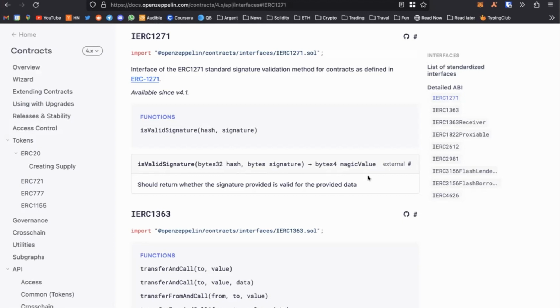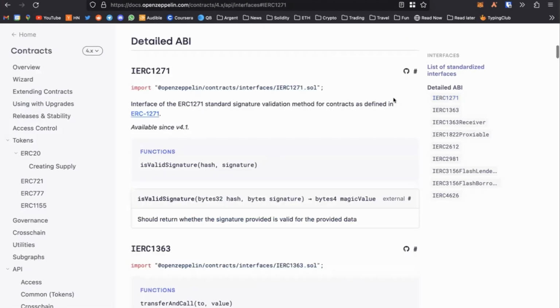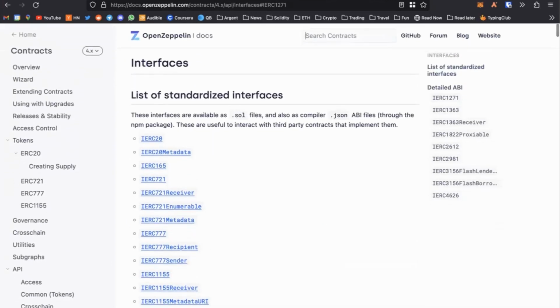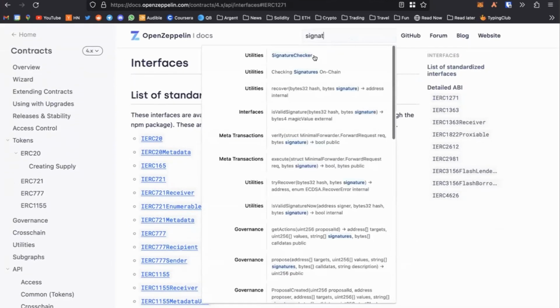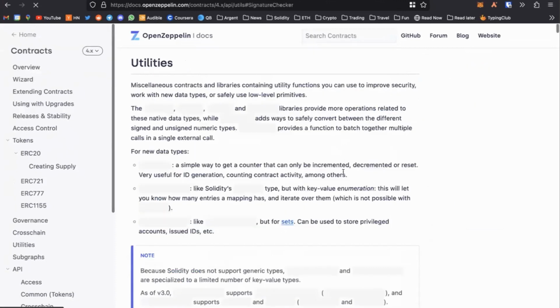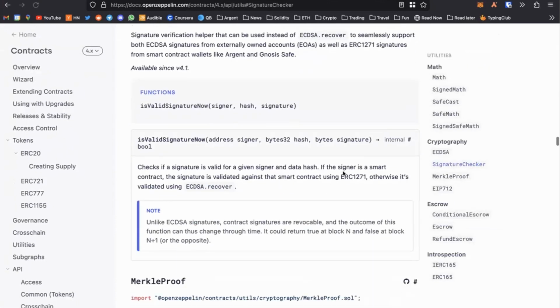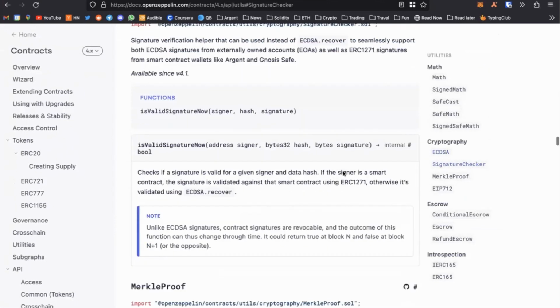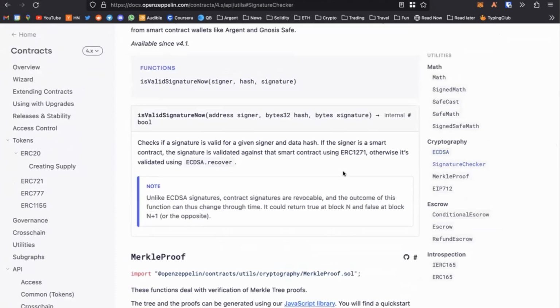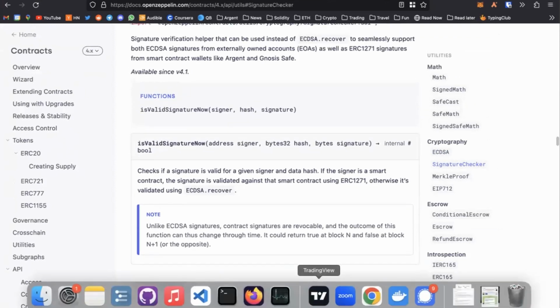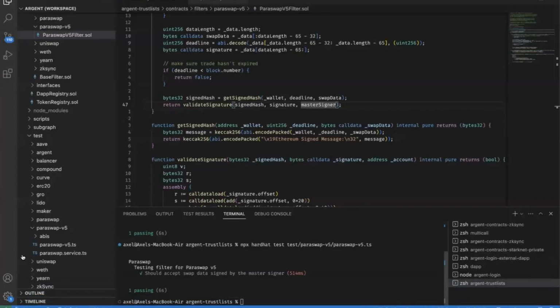So to avoid this complexity, OpenZeppelin made another library called signature checker. This is basically what it does, very simply, in a few lines. It works with both EOAs and smart accounts.